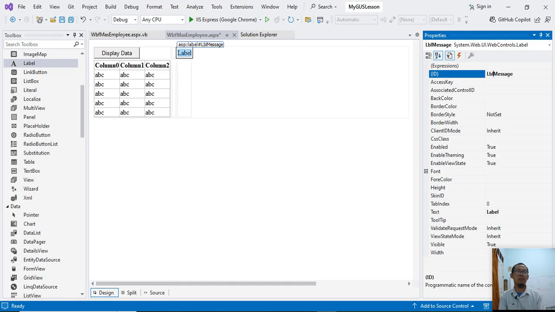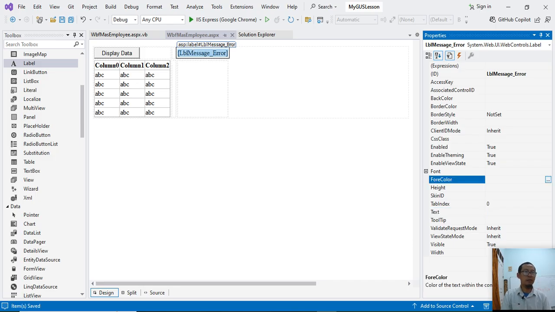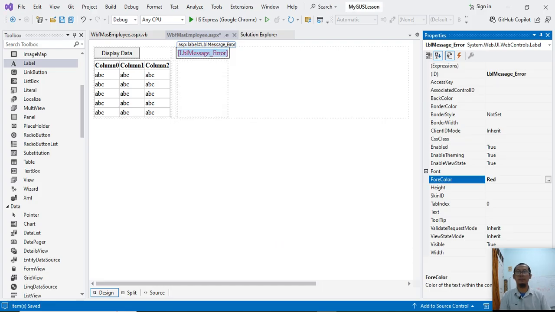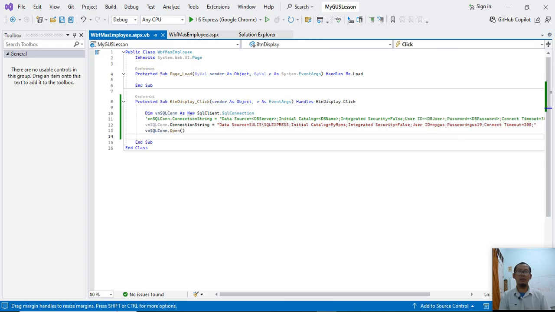Error message, error. Text is empty. And now the fore color is red. Display data.